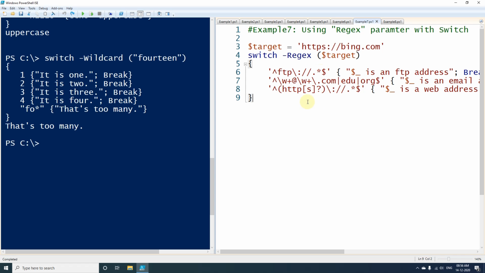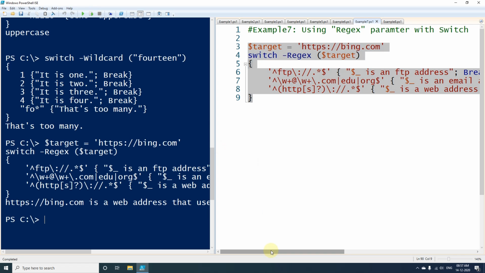And after that we are using a pattern starting with HTTP. The S can either be there or not be there, so this is 0 or 1. So it should start with either HTTP or HTTPS. We have put the entire thing into brackets so that we can extract a particular value here. Again we have used a slash here, and it should end with any word. So now let's try to execute this one.